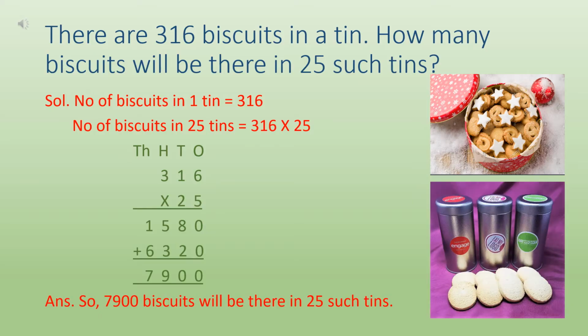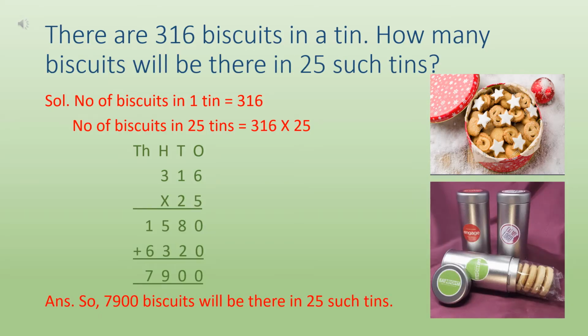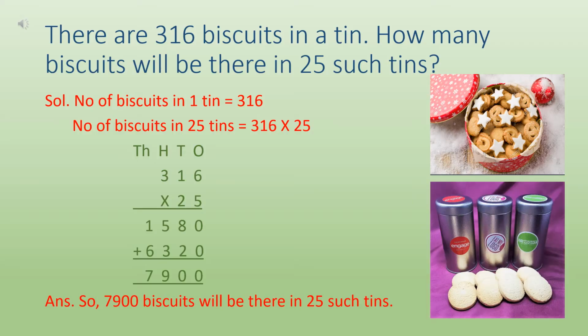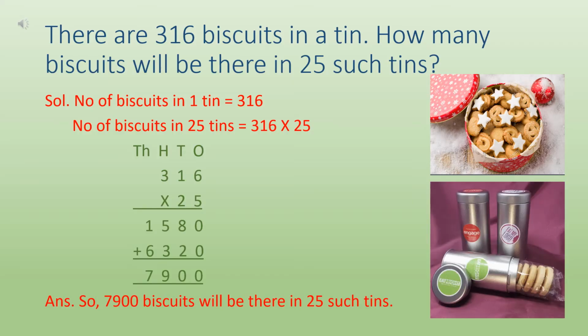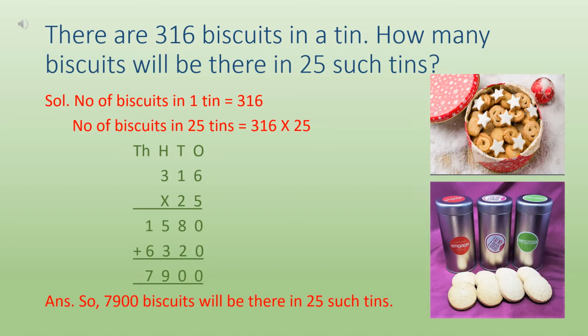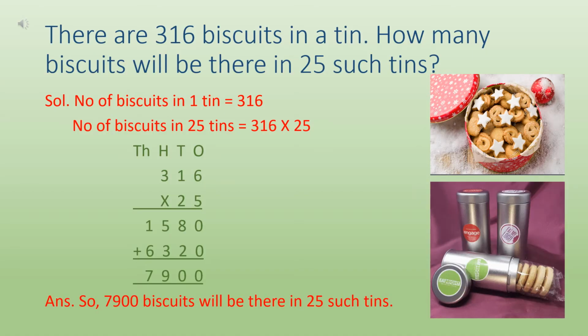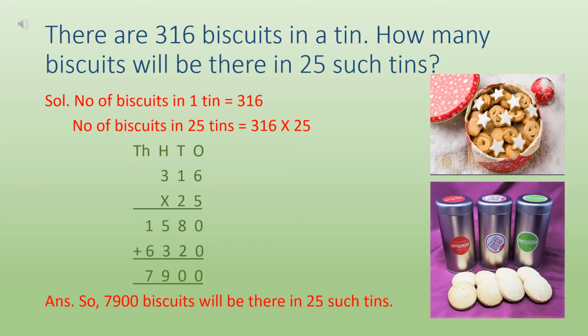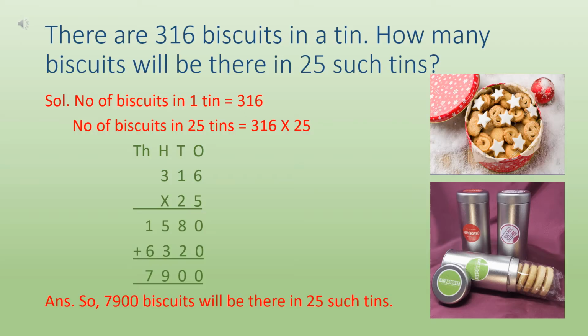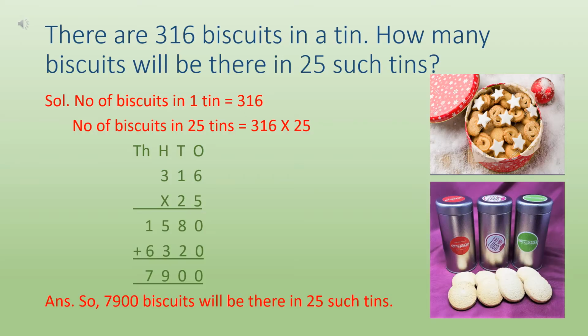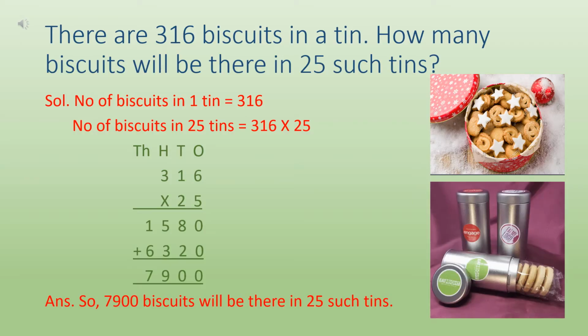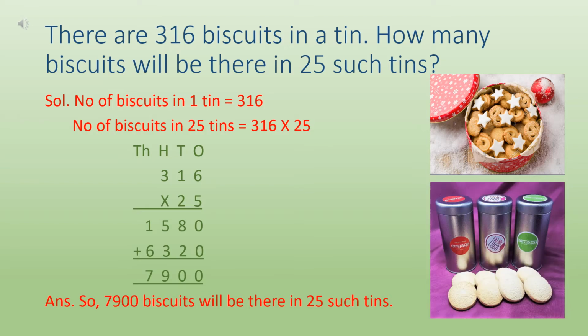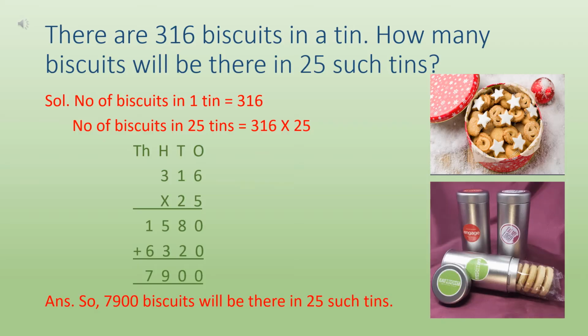And when we multiply any number by 20, first we put 0 in one's place and after that we multiply that number by 2. So now 316 will be multiplied by 2. So digit in one's place is 6. So 2 sixes are 12. And this 12 means we have to write 2 in tens place because we have already written 0 in one's place. So 2 will be written in tens place and 1 will be carried over to the hundreds place.